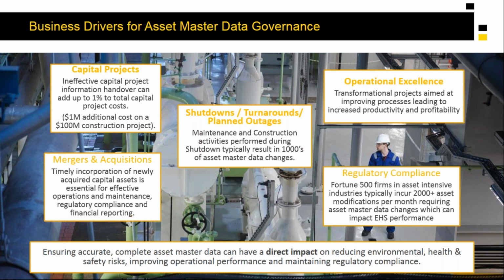In your shutdown, turnaround, or planned outage processes, thousands of equipment need to change over the course of that planned program. Regulatory compliance: if you look at Fortune 500 firms in those asset-intensive industries, 2,000 plus asset modifications per month can take place,